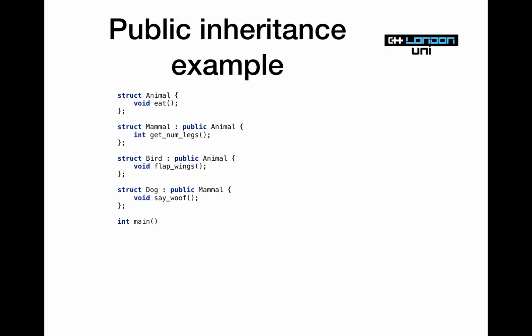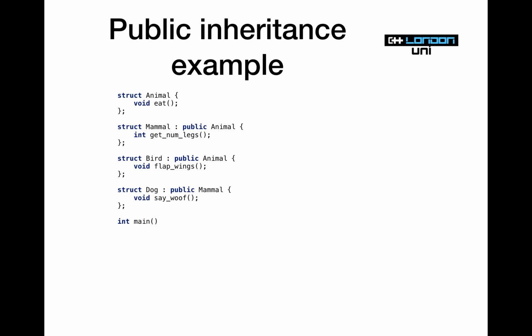And equally, a mammal can't flap wings because that belongs to the bird class and things that publicly inherit from a bird. But all of them can eat. But all the animals can eat. Yes, absolutely. Right? Because a dog is a kind of mammal, it's a kind of animal,